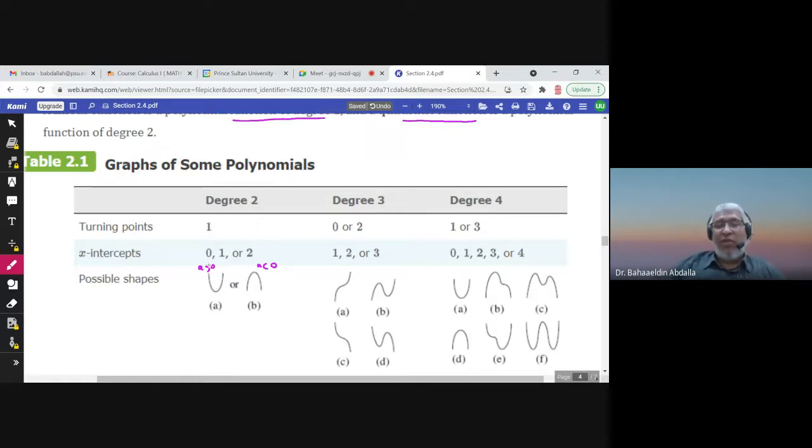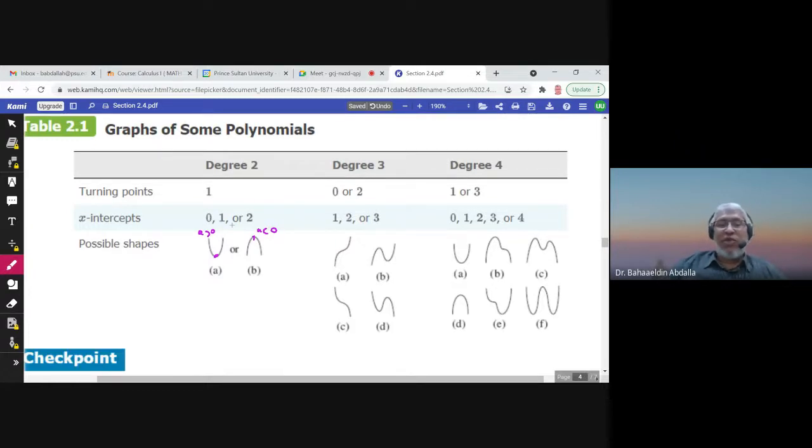The number of turning points is 1. This is here a turning point. A turning point is a point at which the graph changes from decreasing to increasing or from increasing to decreasing. So this is one turning point and this is one turning point. So degree 2 always has one turning point. The number of x-intercepts could be 0, 1, or 2. So for example, I could have a parabola like this, with 0 x-intercepts. I could have a parabola like this with 1 x-intercept, and I could have a parabola like this with 2